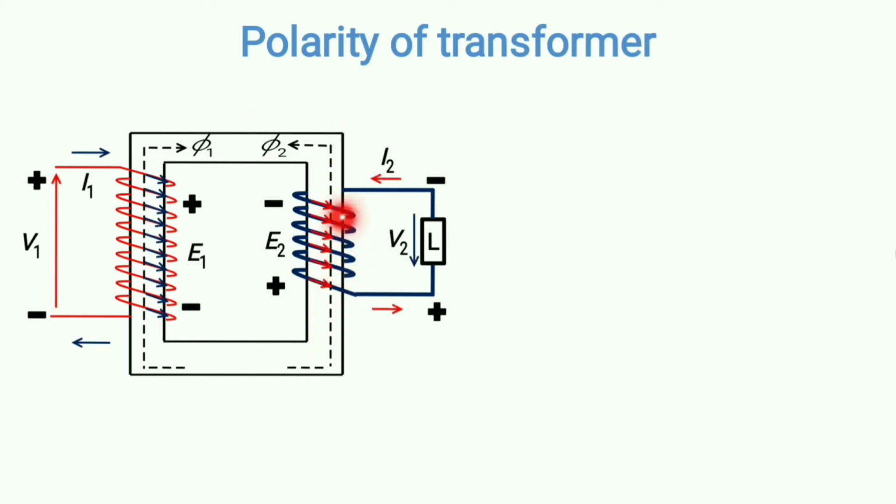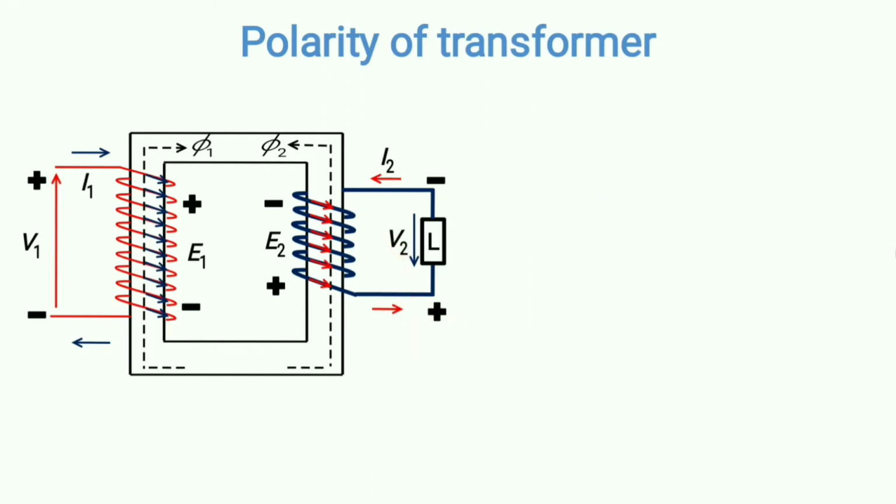See, again the flux phi2 is opposite to phi1 according to Lenz's law, but this time, as you can see, the polarities are reversed. If you remember in my previous slide, the polarities were different. In the previous slide, what did you see? The plus side was here and the minus was here. But here, the plus and minus are completely reversed, because anyhow it has to satisfy Lenz's law, and accordingly it does the modification. So this time the current is flowing in this fashion, so the entire polarity gets reversed.